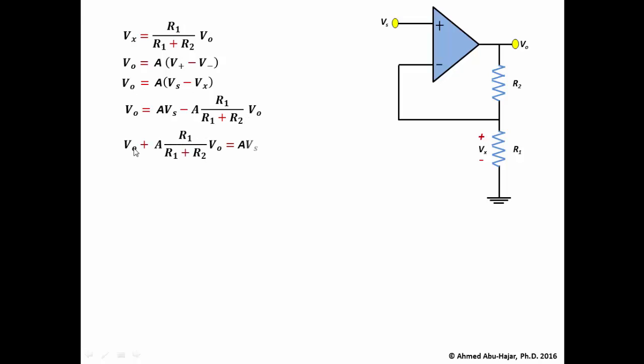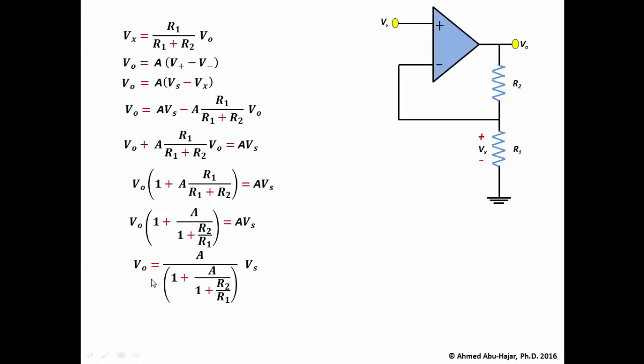I can take the V out term to the other side of the equation, so I can say that V out plus A times R1 over R1 plus R2 times V out equals A times Vs. On the left hand side of the equation, I can factor V out, so I will say that V out multiplied by 1 plus A over, and if I divide R1 on the top and the bottom, I will have 1 plus R2 over R1, and that will equal A times Vs. Now I can solve for V out, so V out will equal A over 1 plus A over 1 plus R2 over R1 times Vs,